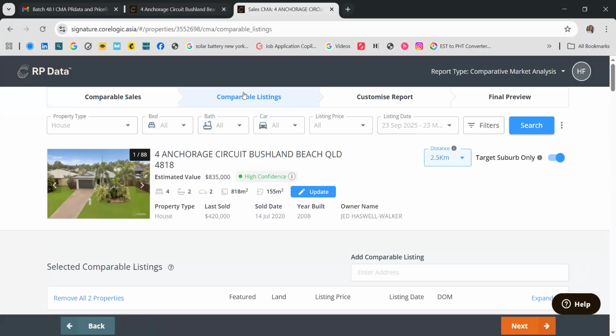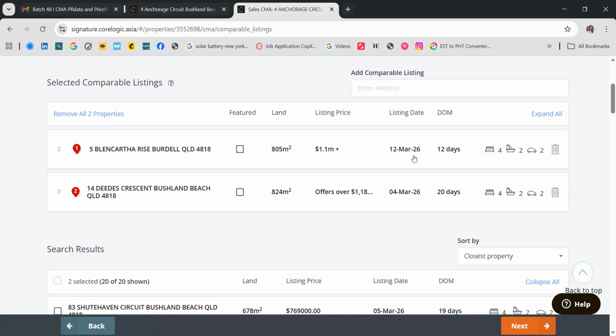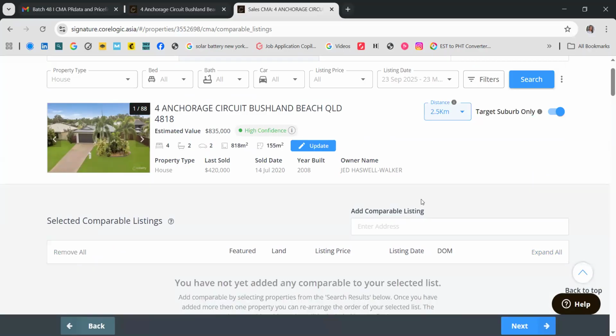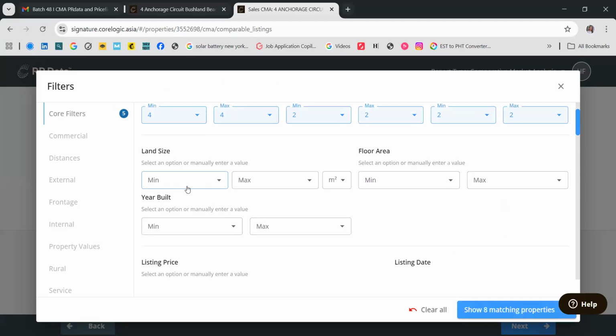Next, we'll be going to the comparable listing tab. So let's filter it again. But before you filter that, remove all properties first. Then start the filter. Again, the minimum is 4, maximum of 4 beds. For the bath, it's 2, maximum of 2, as well as for the carport, 2. The land size, let's put 818. You can put 800 if you want. But I'll just choose 818 as the minimum. And a maximum of